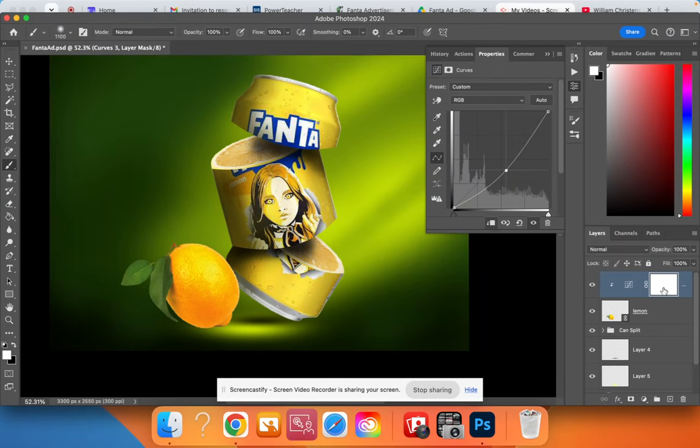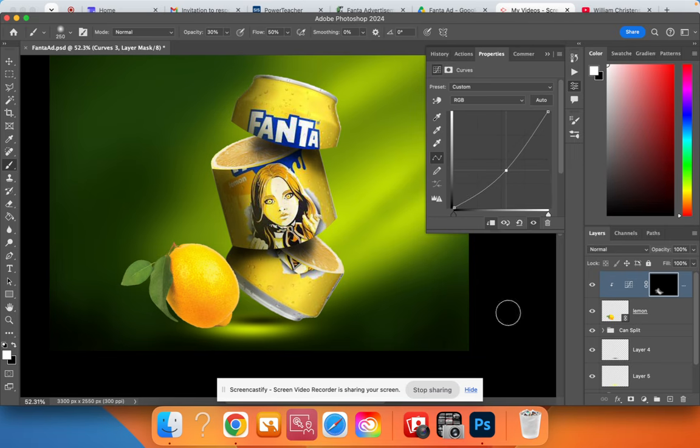Then with the layer mask highlighted, we're going to hit Command I, and we're going to go back to our brush tool, and if we have changed our opacity and flow, let's go back to 30 and 50 or 40, and then we're going to make the brush a little bit smaller. We're going to start to add in some of that contrast, maybe where we would see some of those shadows appear. We get something like that,